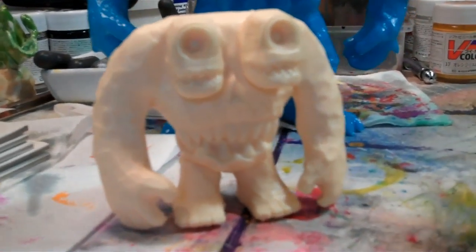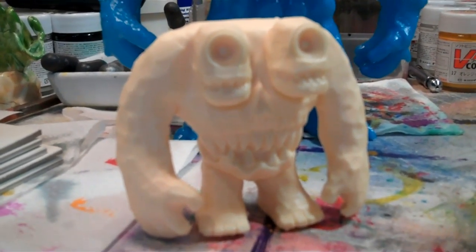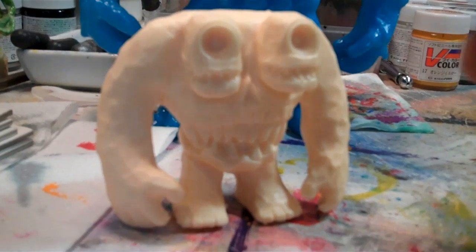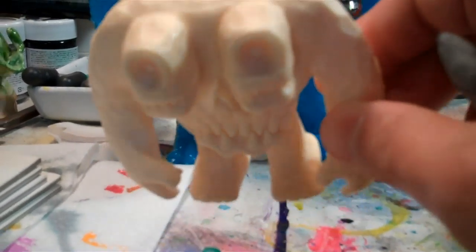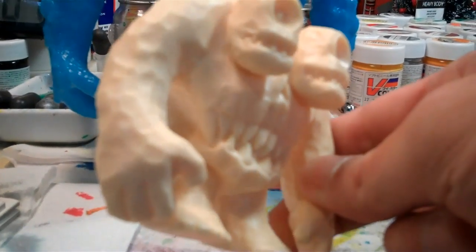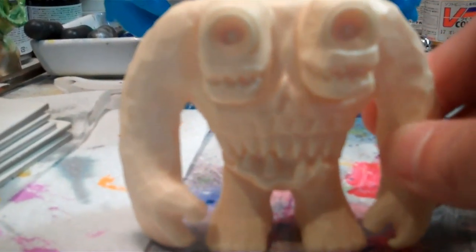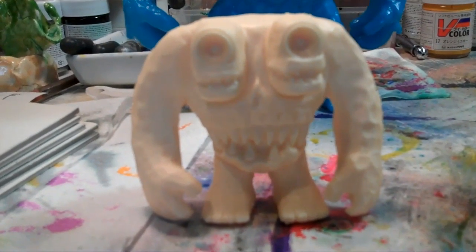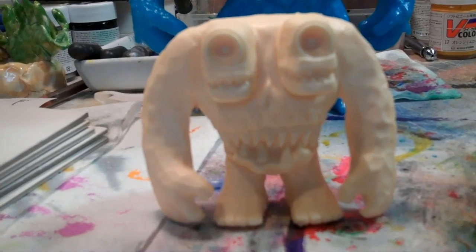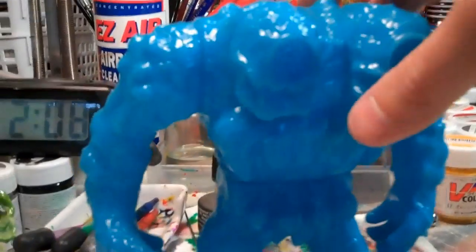This figure is called Steregon, and it was first released as a resin figure. That was probably, I'm trying to think, last year, 2009. And so I got an email from the guy who does this figure, Nerdone, and he's coming out with a full-size vinyl, which is